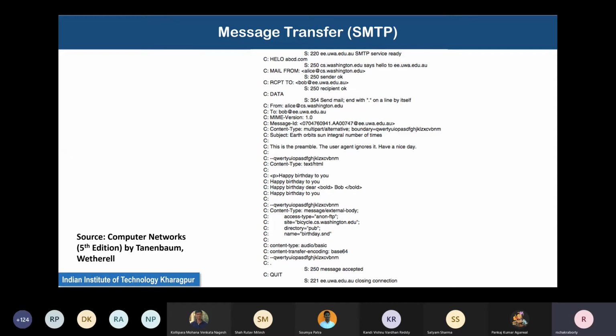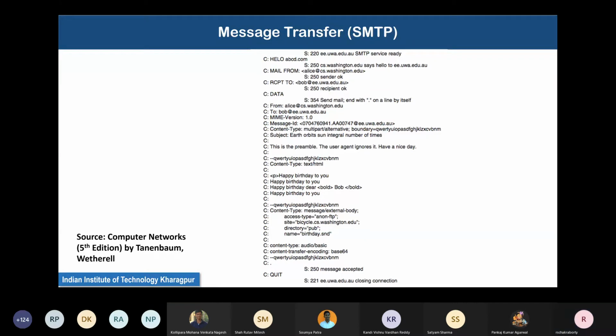But this is not the end of the story. These commands do not mean anything to TCP. TCP does not understand any command called hello, mail from, receive to, or data. These are not commands that TCP understands. So in the background, SMTP again has to do something: set up TCP connections with the meaningful parts of these commands, the important parts, for example server names.